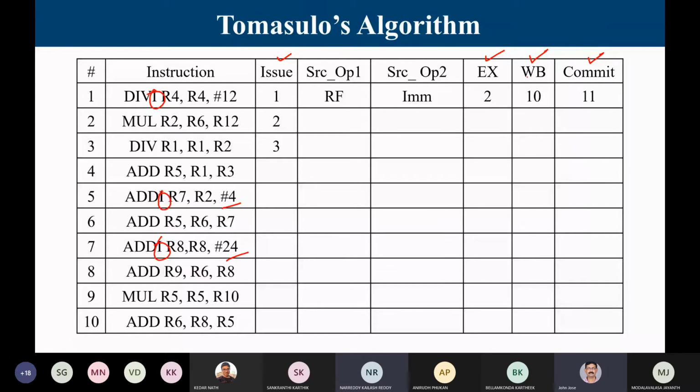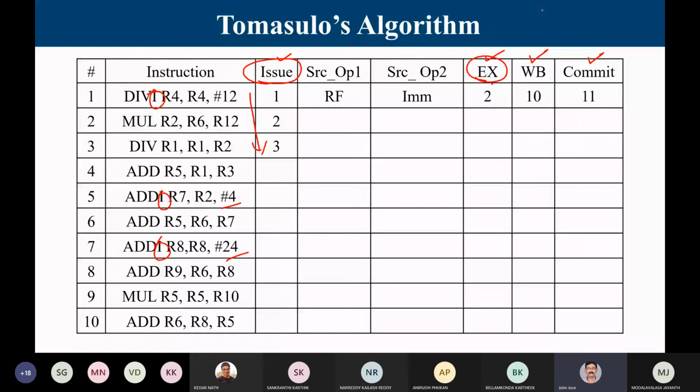Okay. So you are being given a sequence of instructions. I have 10 instructions and you can see what the operands are. Now, these 10 instructions are going to enter the pipeline and you are supposed to write the clock cycle number in which each of these instructions is issued. That's why there is an issue column. In this column you write the clock cycle number in which the corresponding instruction is issued, and the clock cycle number in which the execution started.